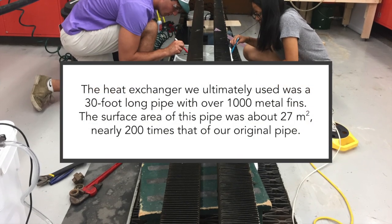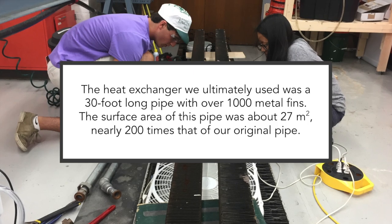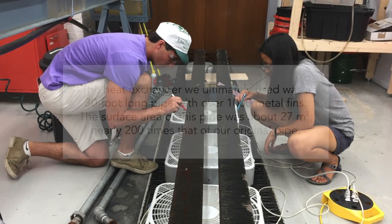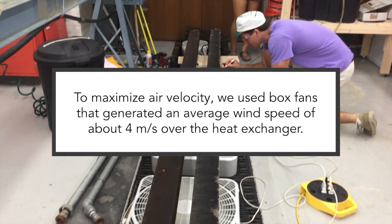The heat exchanger we ultimately used was a 30-foot long pipe with over 1,000 metal fins. The surface area of this pipe was about 27 meters squared, nearly 200 times that of our original pipe. To maximize air velocity, we used box fans that generated an average wind speed of about 4 meters per second